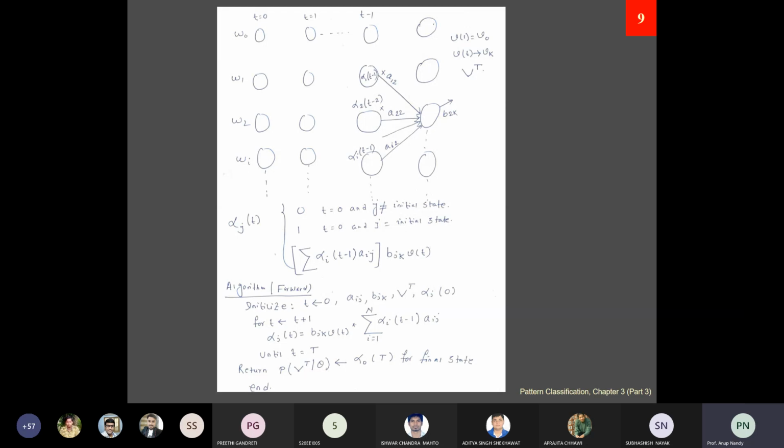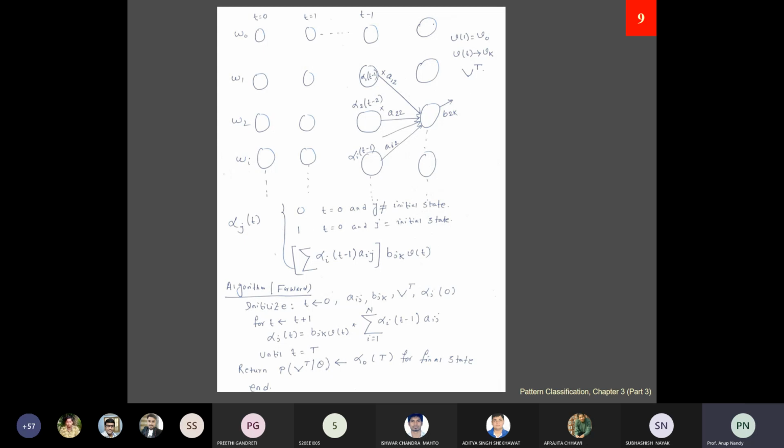Okay, for t is equal to 0, for the t is equal to 0 instance of time, I have this hidden state. Now t is equal to 1, then I have this hidden state. Then t is equal to 2, then t is equal to T minus 1, then you have the tth. So now if I am going to write now for the timing, if Vt, V1 is equal to V0, it means that for time instance of t.